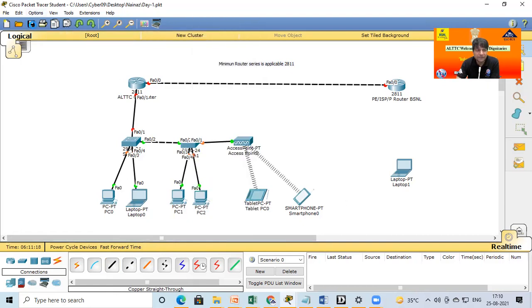So now I save this project for you. Are you able to connect on your computer? Any problem? Yes, sir, I'm able to connect. Okay, so now you practice this. Again, we will see you tomorrow morning. Take 20 to 30 minutes in the morning and 20 to 30 minutes in the evening.